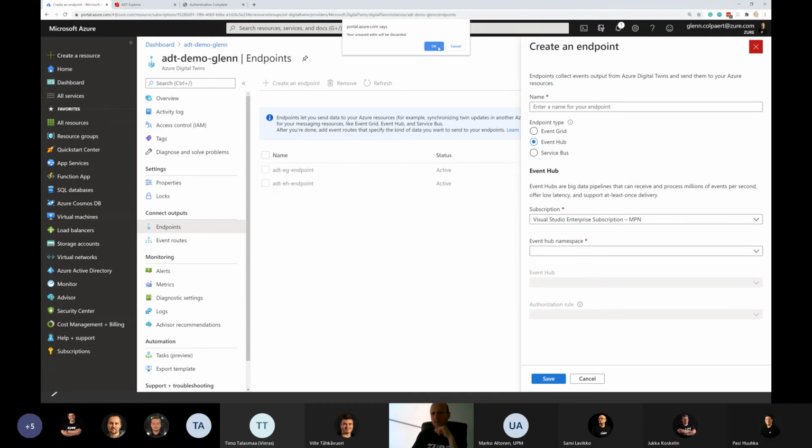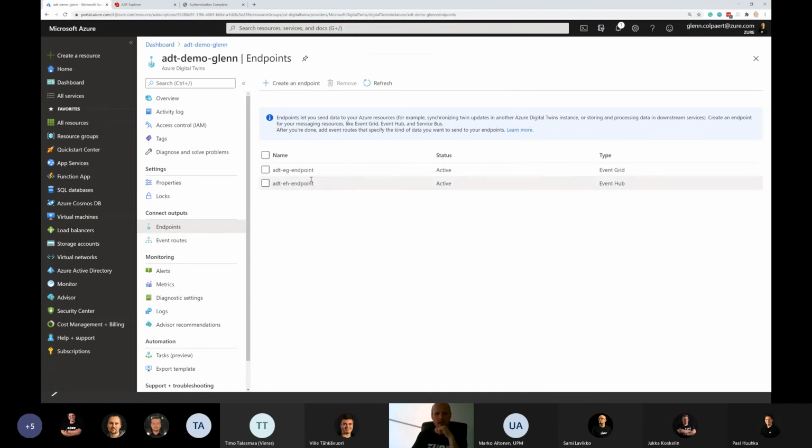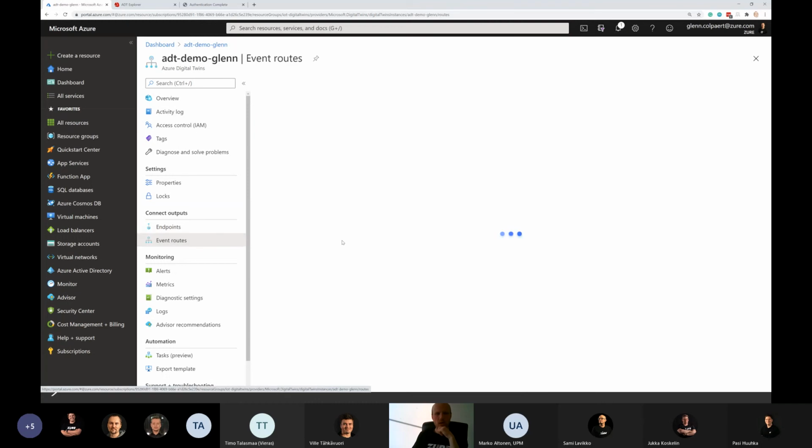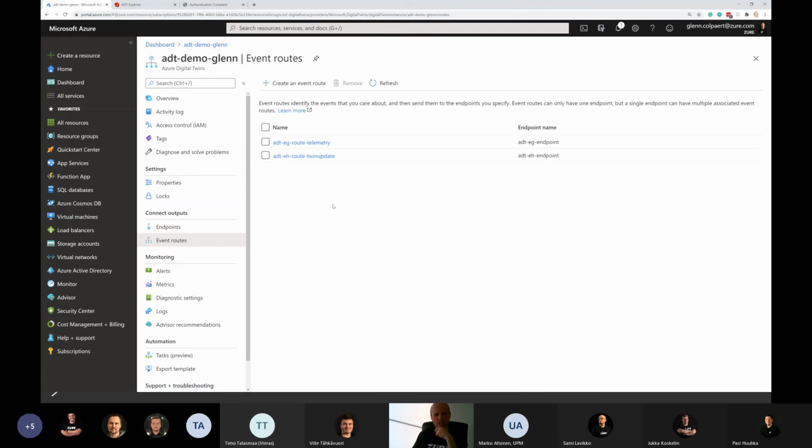In our case, let's not save that. I've created an Event Grid and an Event Hub endpoint. Once you have set those endpoints up, you can use those in the event routes. Again, very simple. In our case, what we want to do is